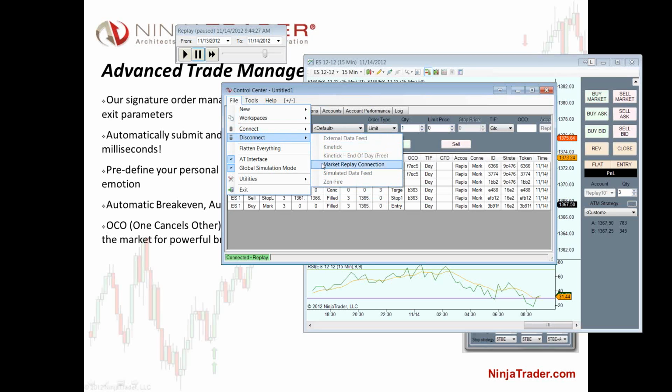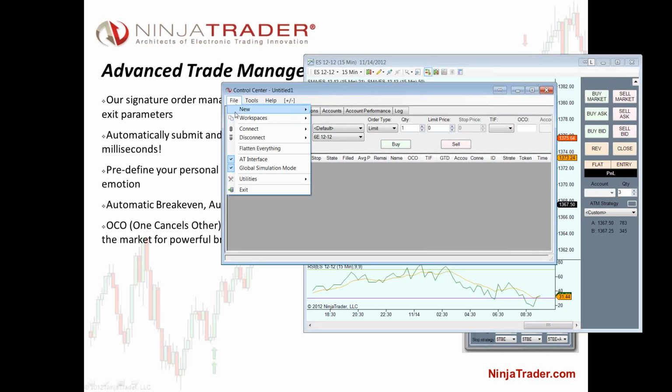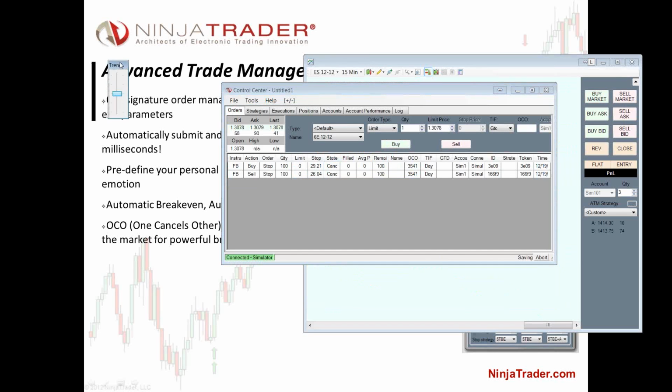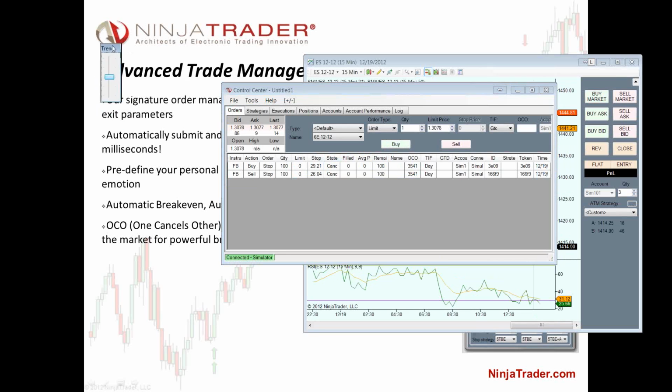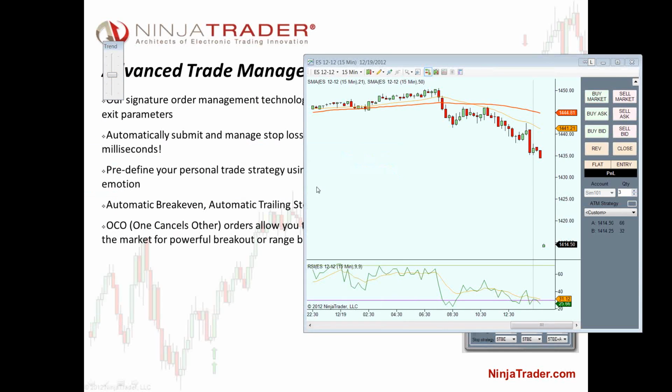So let me go ahead and disconnect from the market replay connection and then connect to the simulated data feed. Now the simulated data feed is going to be a handy tool in testing out how exactly your ATM strategies that you may be using are going to work out. And don't be alarmed here with the price that we do have on the chart. That's obviously not reflective of the market figures that we are seeing at this time, so that's nothing to be too alarmed about right now. I'll just go ahead and get started with that